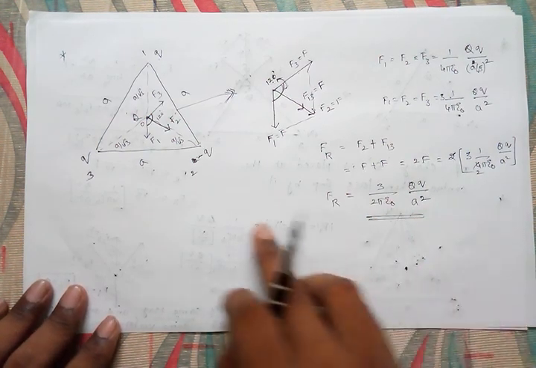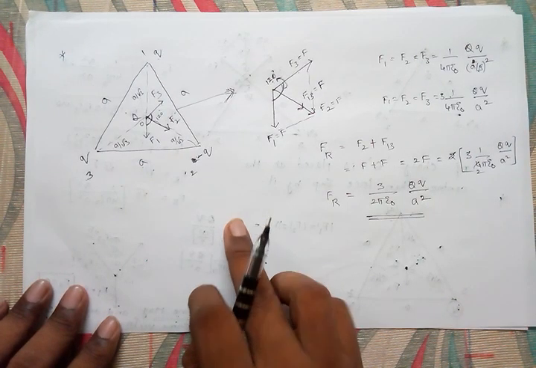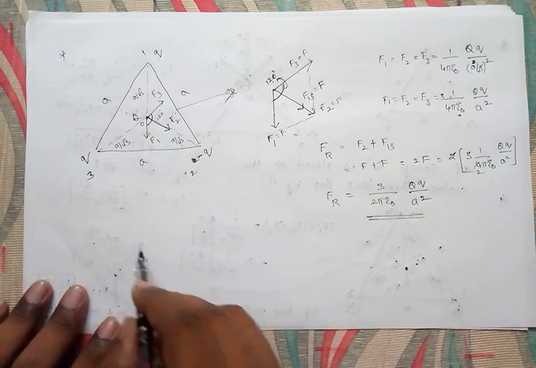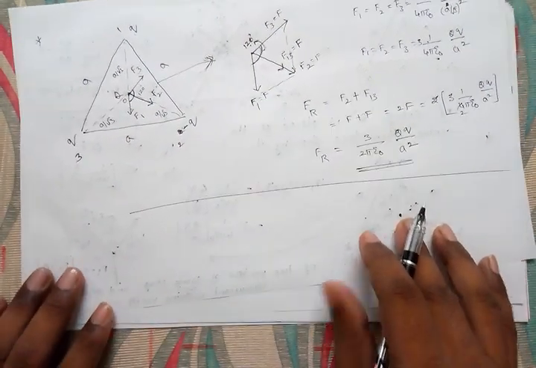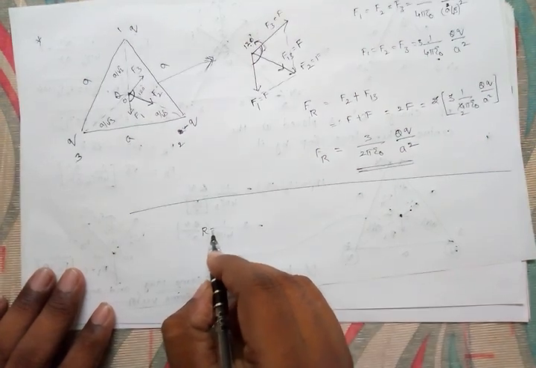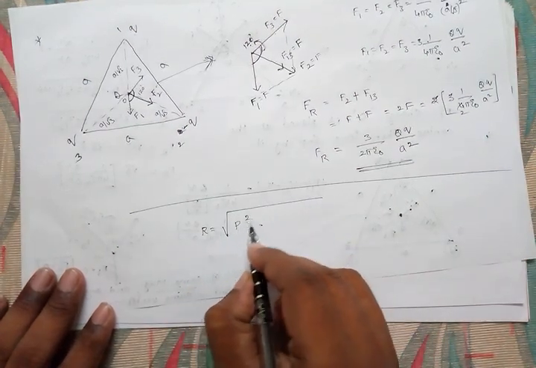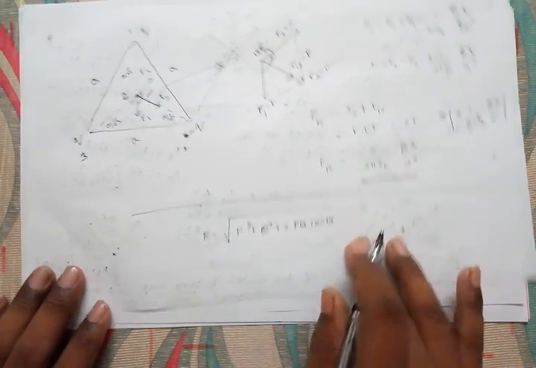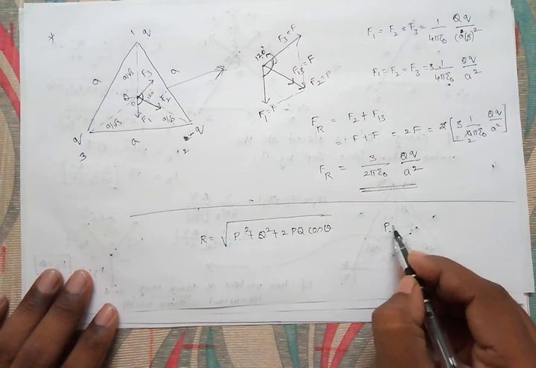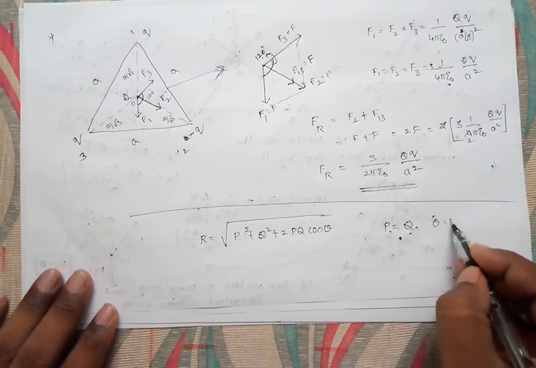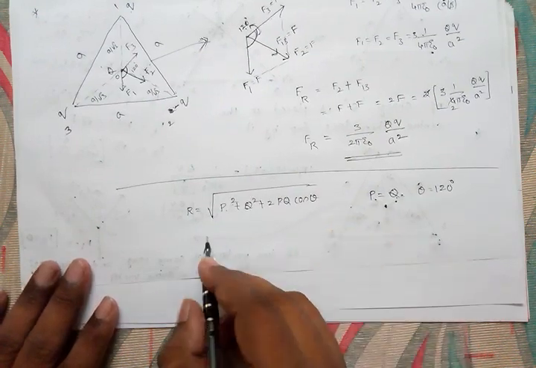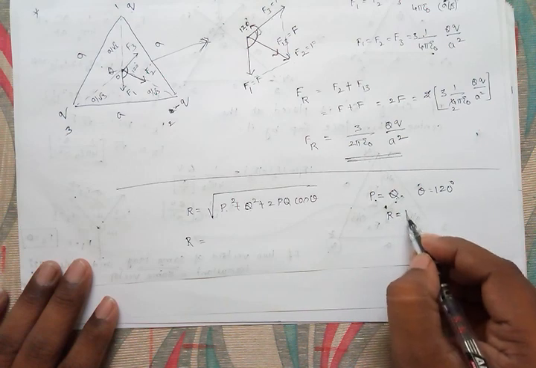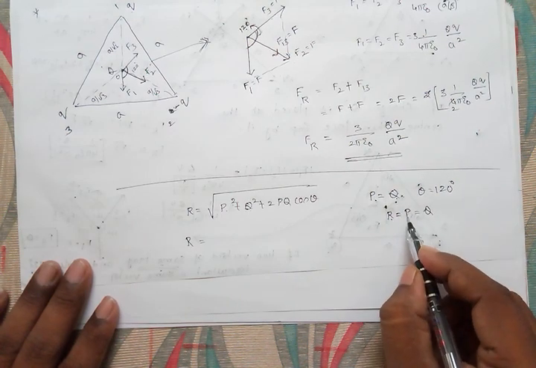The square case. And I am telling you here two vectors are there, two vectors of equal magnitude, and that is the case I am giving here. For a parallelogram, the vector resultant is given by the formula square root of p square plus q square plus 2pq cos theta. I am telling you if p and q are equal and angle theta is 120 degrees, then the resultant is equal to any one of the vectors, either p or q. The resultant is equal to the same vector.